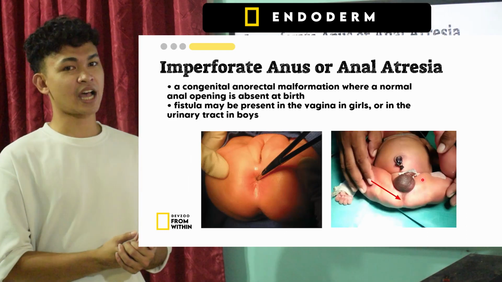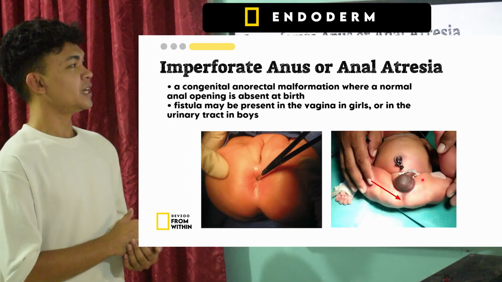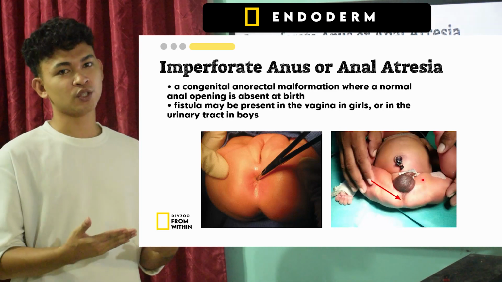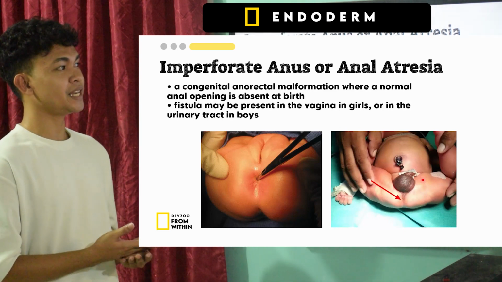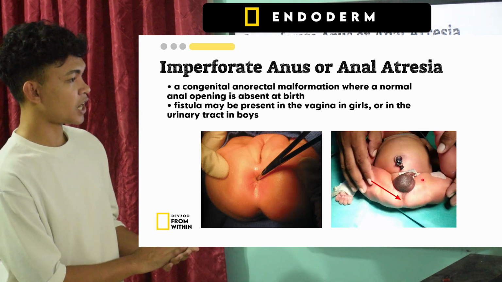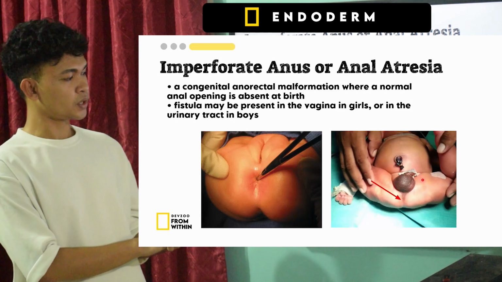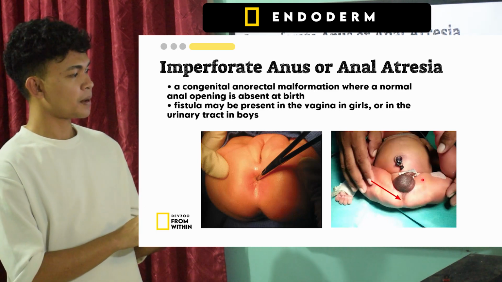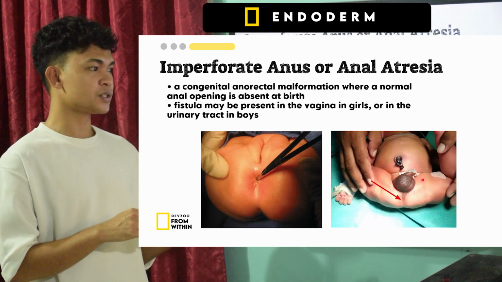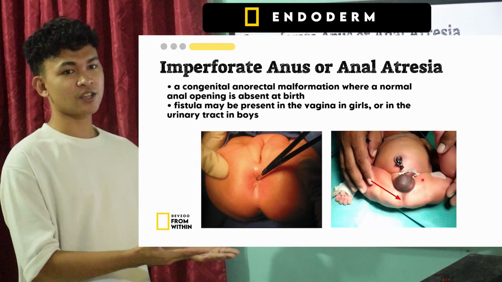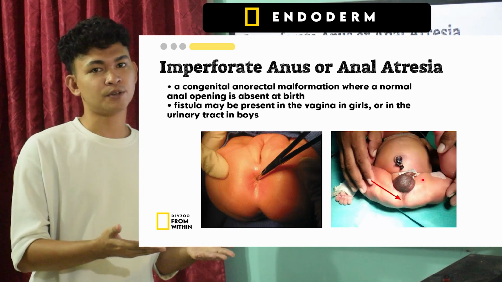Imperforate anus or anal atresia. It is a congenital anorectal malformation wherein the normal anal opening is absent at birth. As you can see here in the figure, this is the female and the male baby. Makikita ninyo na walang butas yung puwet nila or wala silang puwet. It is because of the abnormal formation of the